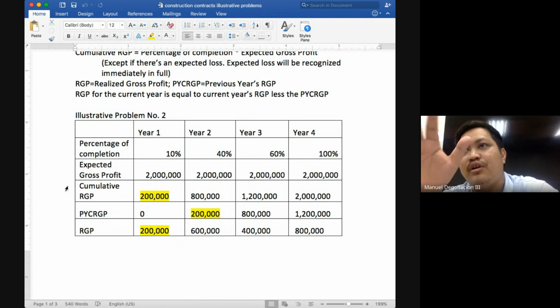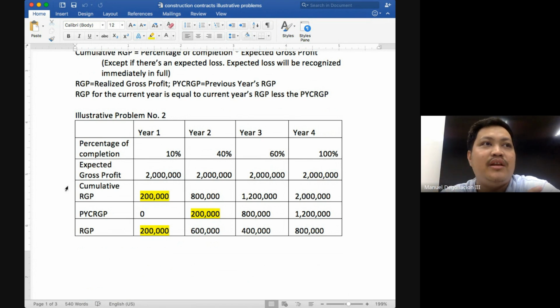Under the cost recovery method, you will not record any profit until the project is complete. But what will happen? The amount that you will record in the year of completion would be a significant amount of money. But we do not like to use that, class, because it does not comply with the matching principle. Did you incur cost already in year 1? Yes, then you should also report profit in year 1. Okay, we prefer the percentage of completion method because it conforms to the matching principle. Okay, we'll discuss the cost recovery method afterwards, once you have already hopefully mastered the percentage of completion method.